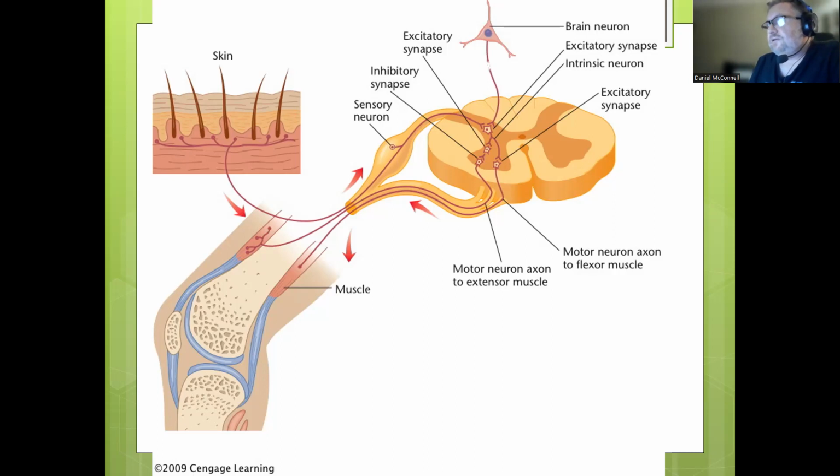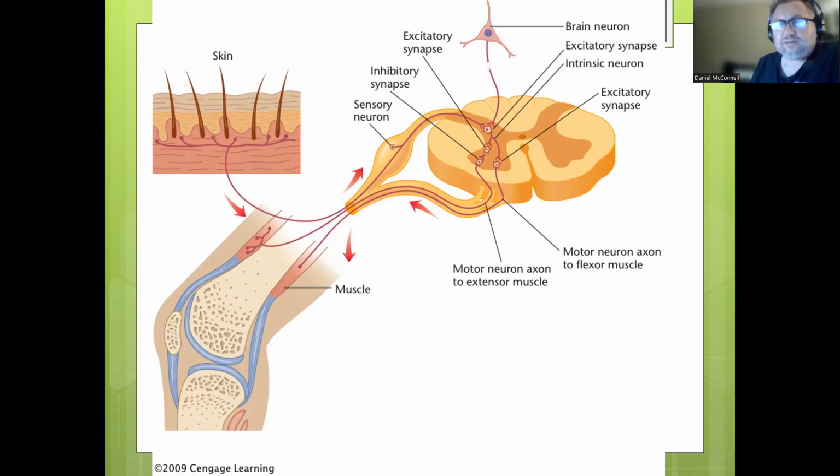And then it is also sending a signal to another neuron, which is an inhibitory neuron. And that inhibitory neuron is connecting up to the neuron that controls the extensor muscle. And so that one intrinsic neuron is simultaneously exciting the flexor motor neuron, while through another neuron, it is inhibiting